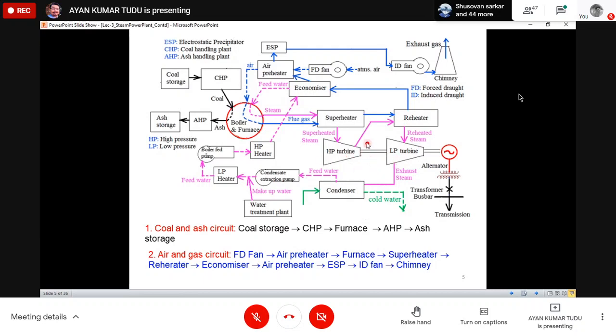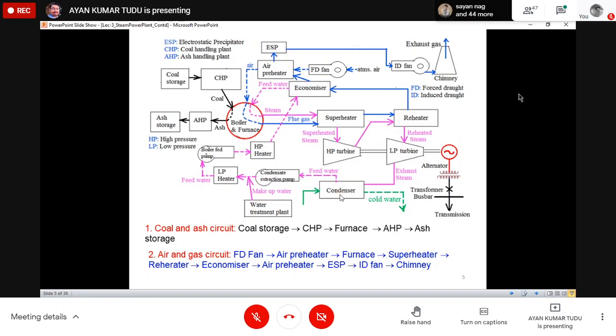So in that case, there may be another turbine here, which is known as our intermediate pressure turbine or our IP turbine. So from the reheater, it may come into the IP and then it may come into the LP. For our case, let us stick with our LP only. From the reheater, it is going into the LP turbine blades to deliver further kinetic energy to the prime mover. And from there, it is exhausted to the condenser.